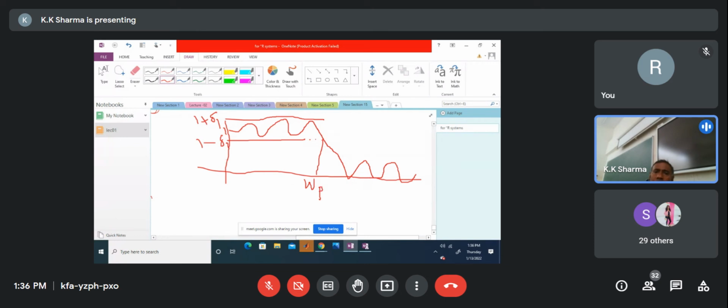Similarly, you are allowing some attenuation in the stop band. Say the maximum ripple amplitude in the stop band is delta 2. Maximum amplitude of the ripple in the pass band is delta 1. So they may not be of the same height. Ripples in the pass band or stop band may not be of the same height. In fact, typically they can be decaying. Okay? So this particular frequency where response